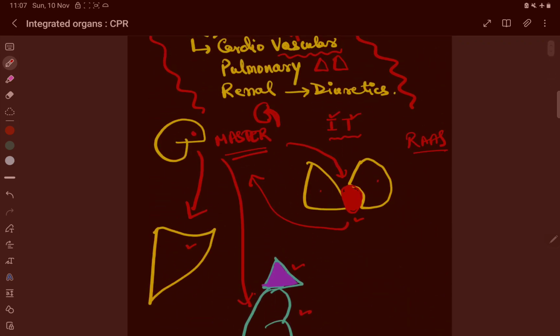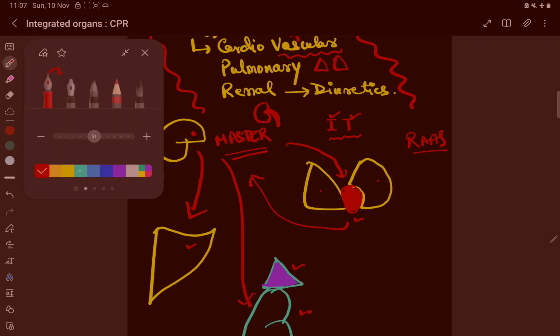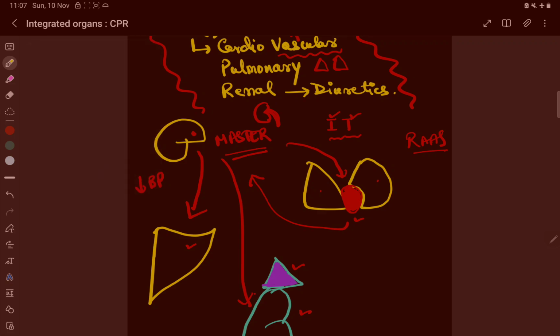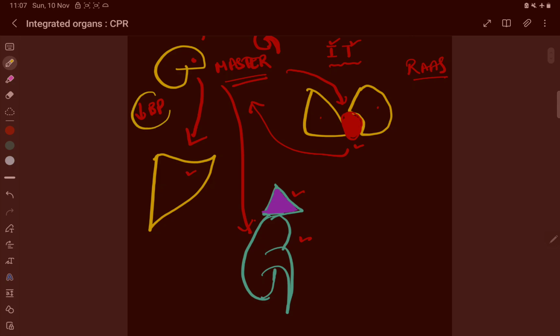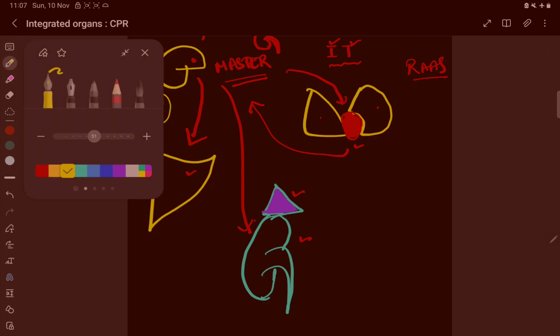Like when there is a decrease in BP, okay, there is a decrease in blood pressure. So what happens? There is a decrease in blood pressure, so what will happen? If there will be a decrease in blood pressure, there will be,